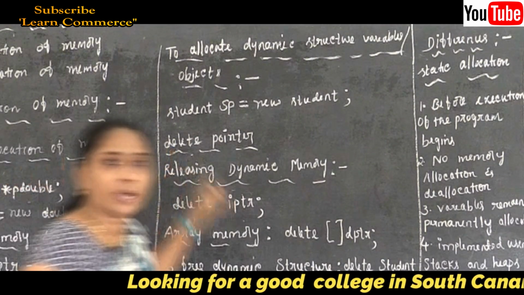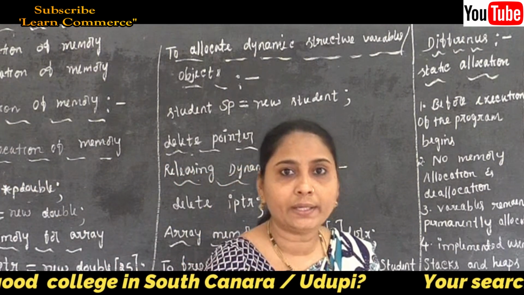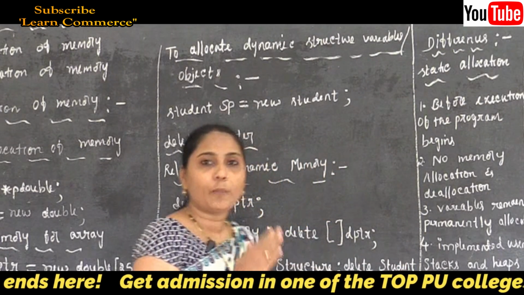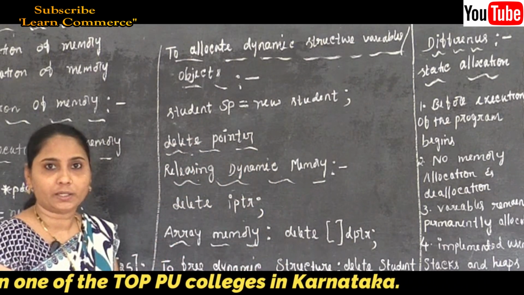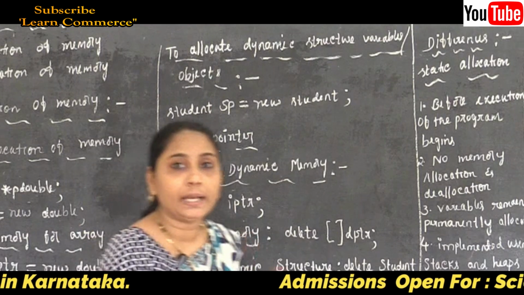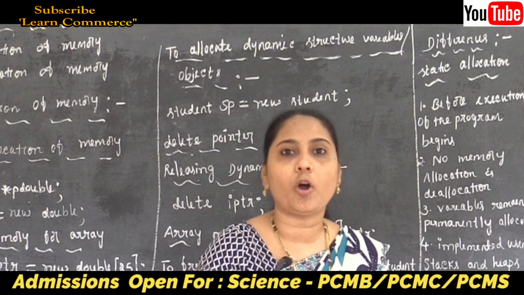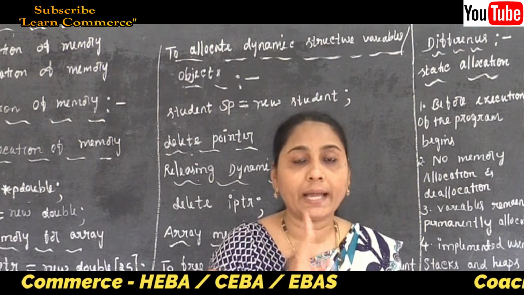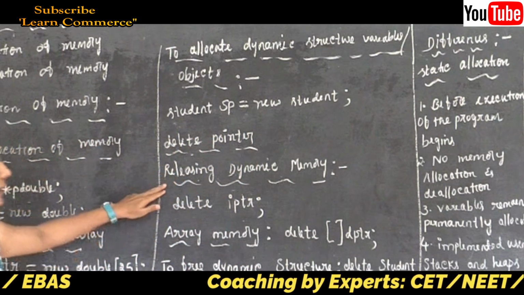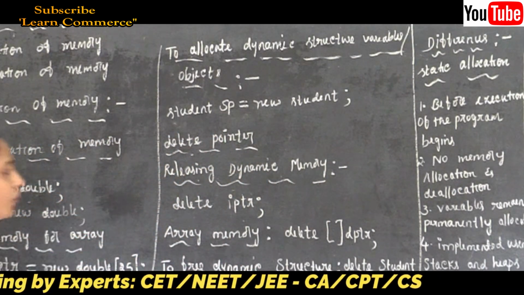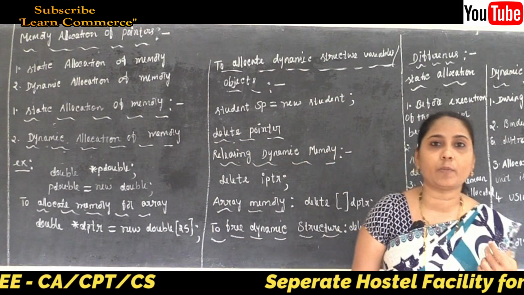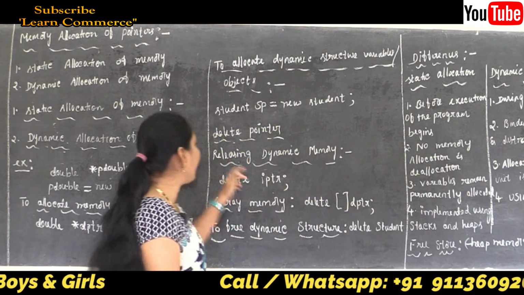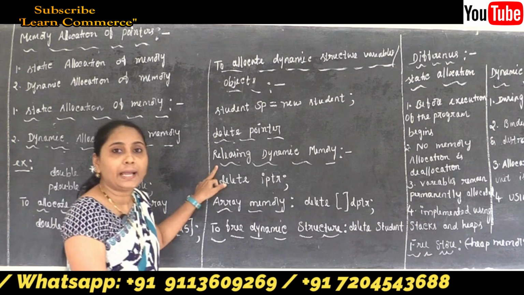Clear this point here? So that means new is going to allocate the memory for the object and the variables here, and one more operator is the delete operator. Clear this point here? The delete operator is used just to release the memory, to free the dynamic memory here. So let's see the next example for the delete operator. We are going to delete whatever memory we allocated by using the new operator, and that is called releasing dynamic memory here.